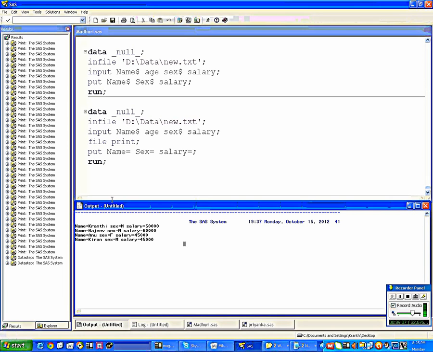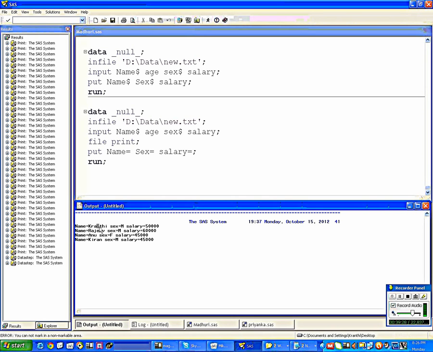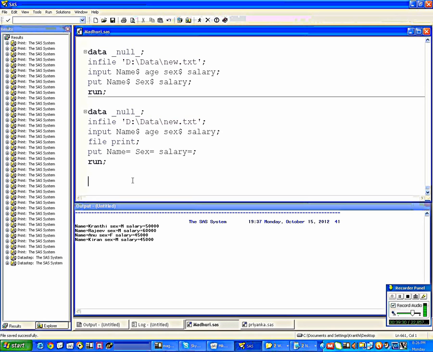Each value contains a variable name. Got it? So this is like we are reading from an external file and we are writing to an external file, or to an output window, or to the log window. And you can select whether you want to print in a named output format. This is called a named output. Means for each value we are giving a name. Got it?